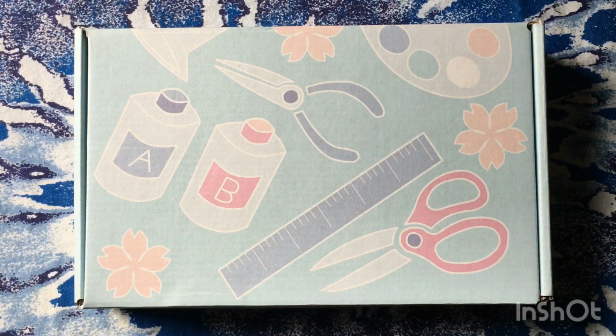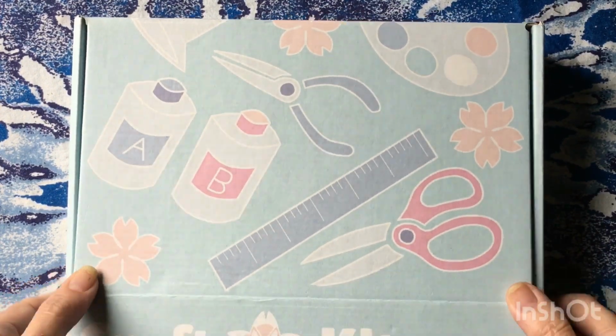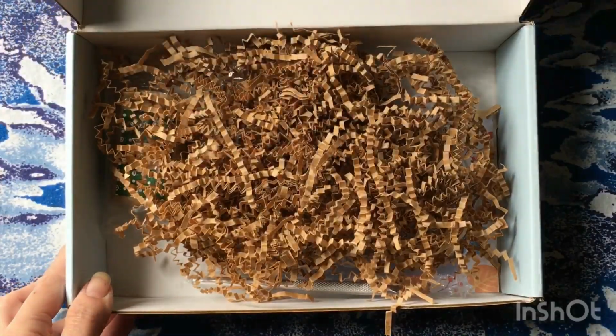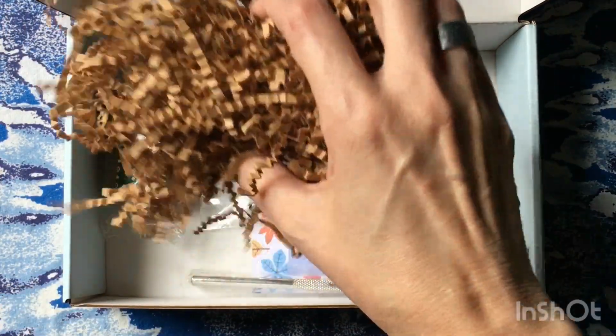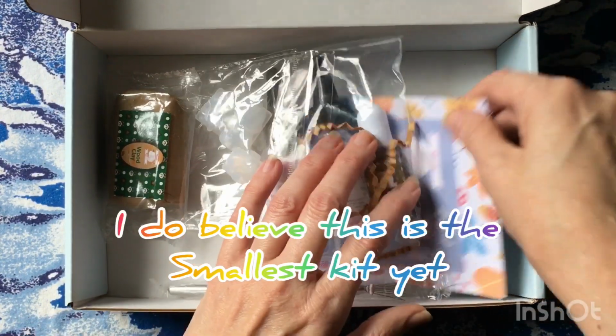Today I have another craftkitsune box. Let's find out what's in it. Don't forget to save this stuff when you have to repackage something. Okay, so